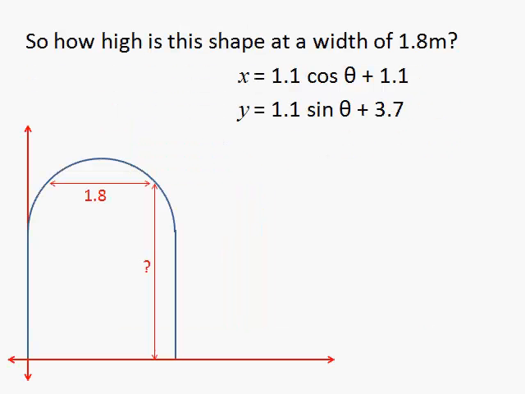Let's move it out of the way, give a bit of room, and let's go to it. So we need to attack this problem pretty much the same way as the other one, which is we're going to have to find the x value. So we take our 1.8 meter wide and we divide it into 2 of 0.9 from the center. 1.8 becomes 2 of 0.9, and since the center is 1.1 in, we have our x value that we're going to use at 2,